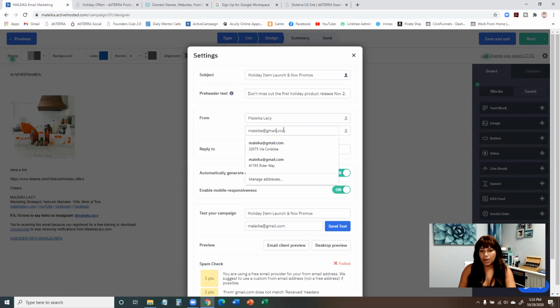Now this is pretty important. You see how my personal email is malika@gmail. When you use an email manager and you send it from a Gmail address or a Yahoo address, it is most likely going to end up in spam. The best thing you can do for yourself is to create an email address from a domain that you own. For example, my website address is malikalacey.com. So I send my emails from